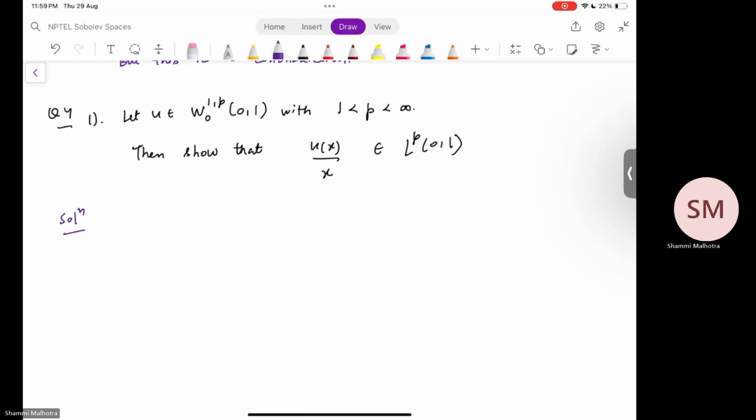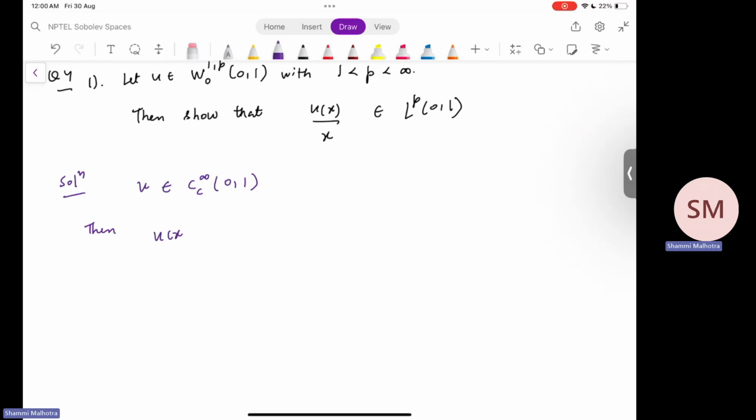So we can start with that. We can start by saying that u belongs to the C_c infinity of (0,1) space. So we can start u from this space only, and then